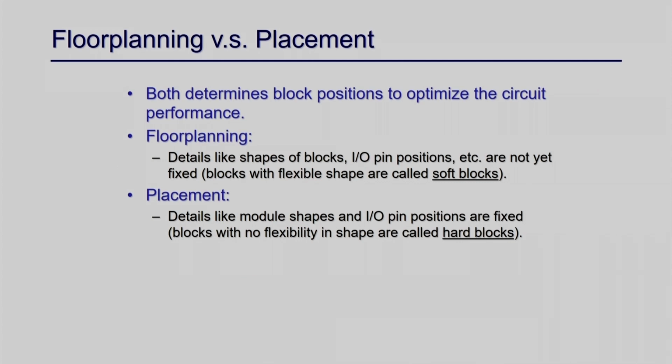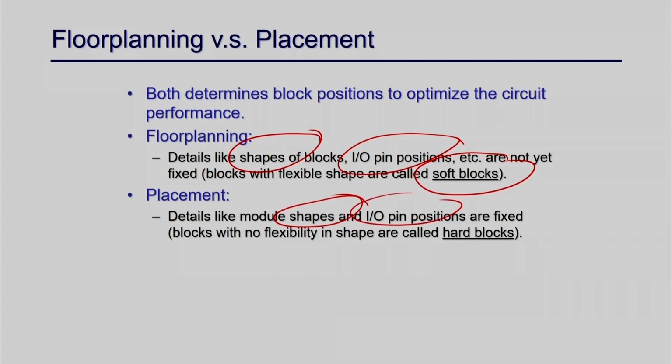Okay. So you can see that floor planning and placement are very close, because in floor planning also we try to find the position of each block, and here also. What is the difference, right? The basic difference is that during floor planning the shape is not given, only the number of blocks is given, and IO pin positions are also not given, right. So the blocks are soft blocks, whereas in placement some position is given by the floor plan, but that is not the fixed position, right. But their shape is fixed, IO positions are fixed, right. So this is kind of a hard block.